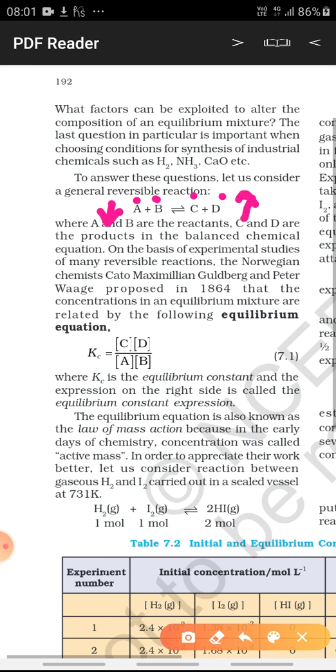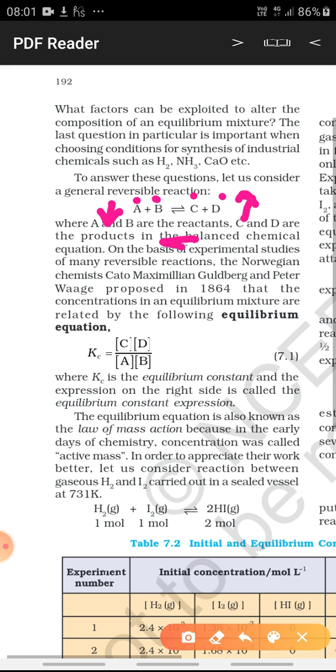After some time, when an appreciable amount of C and D is formed, the reaction starts in the backward direction also. That means C and D also react together and start forming A and B. Now, when the rate of forward reaction becomes equal to the rate of backward reaction, we say that the equilibrium